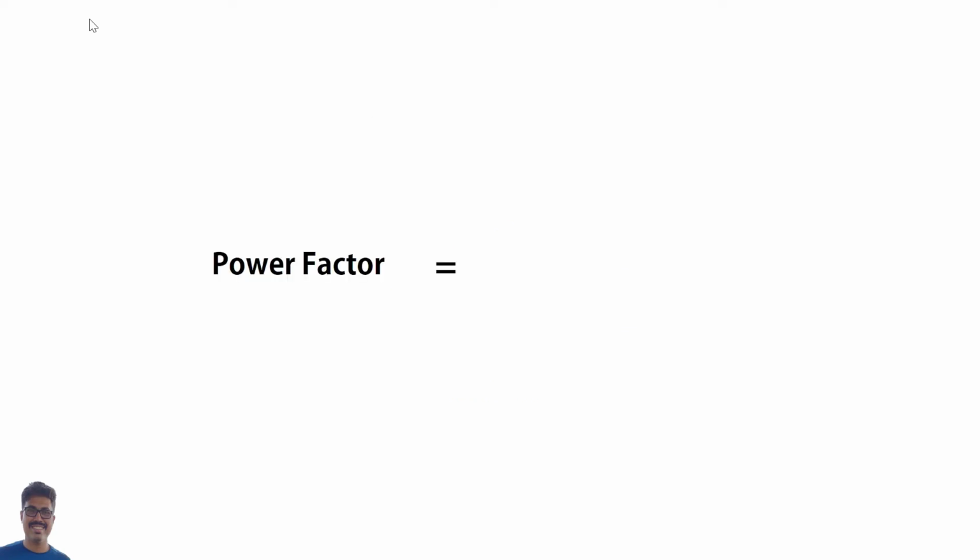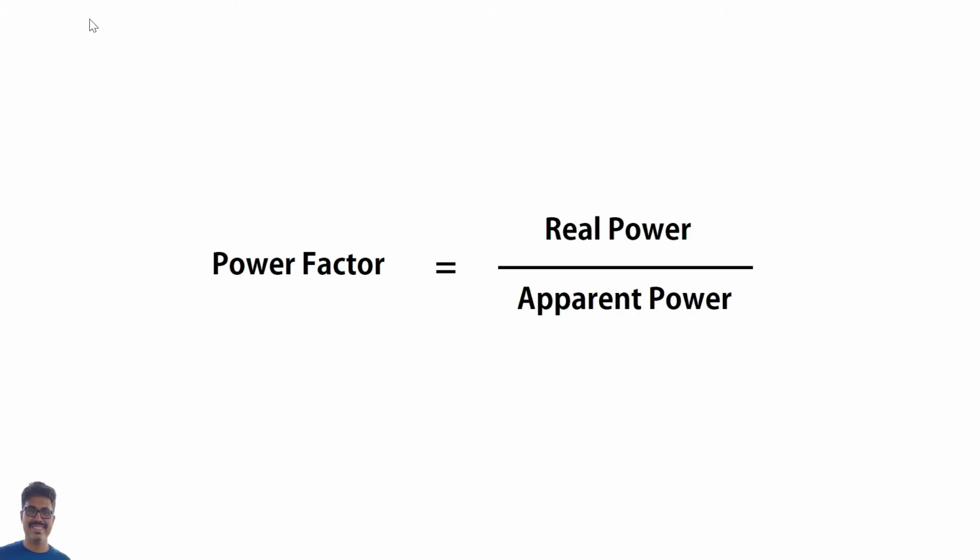This phi leads us to the power factor. So what is a power factor? Power factor is the ratio between real power and apparent power. Power factor tells you the quality of power. When the ratio is equal to 1, that means real power is equal to apparent power, the quality of power is very good and the load is an ideal load. The power factor's value can vary from -1 to +1. Ideally it can be -1, but practically it never reaches -1.